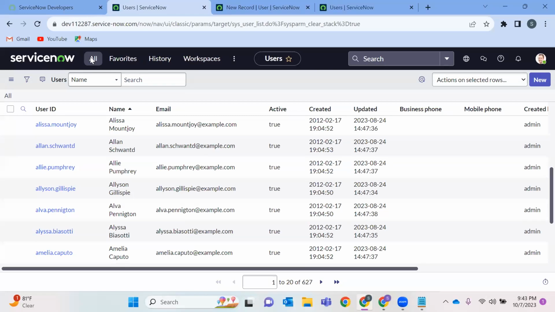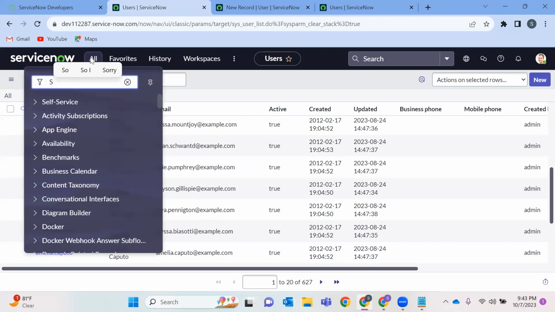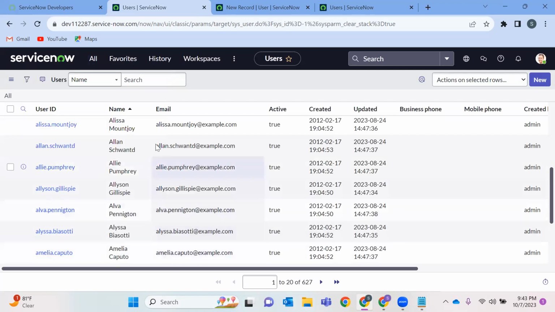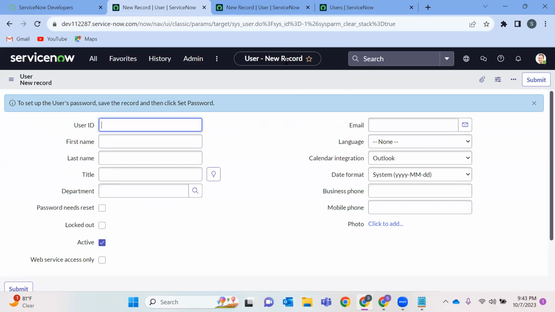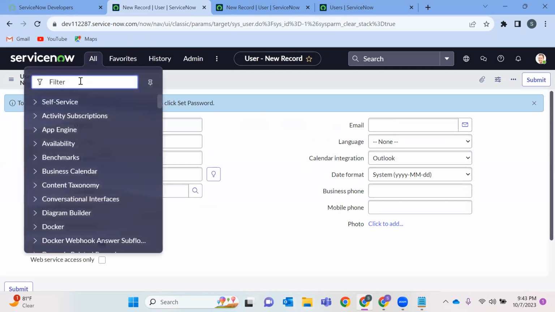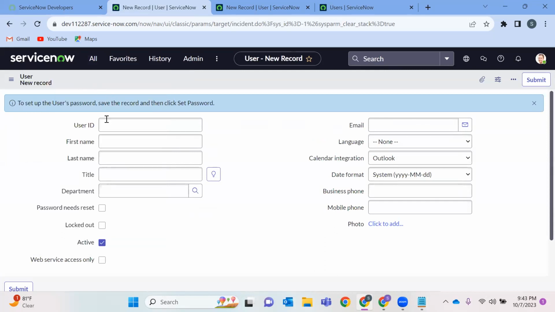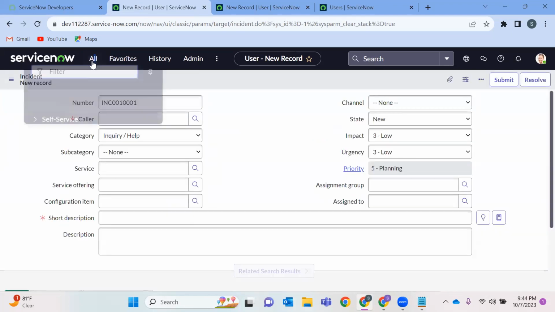But if I use anything like sys_user.form, it only checks the last four letters, and it opened on the same home window. Is it clear now? This is a shortcut. Not only user, even if I give incident.form, it opens on the same page. Problem.form, change.form.